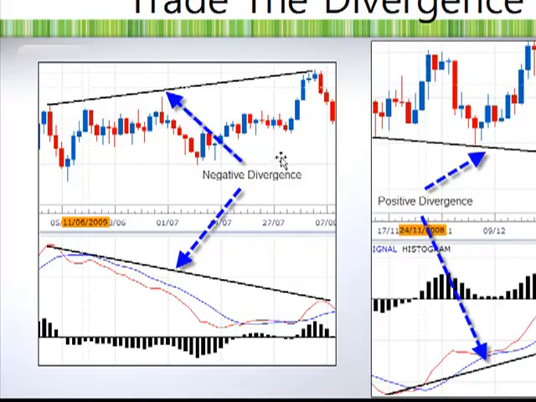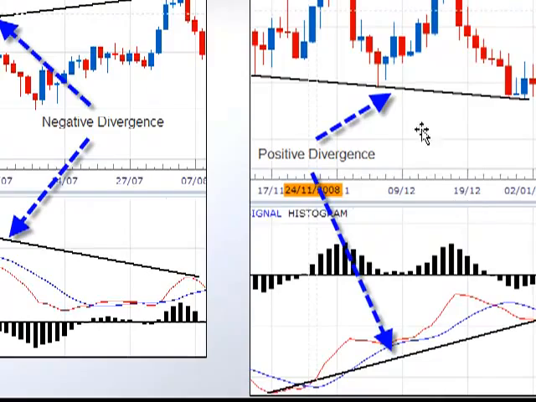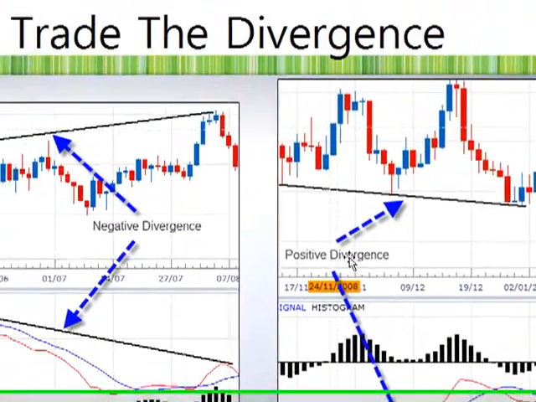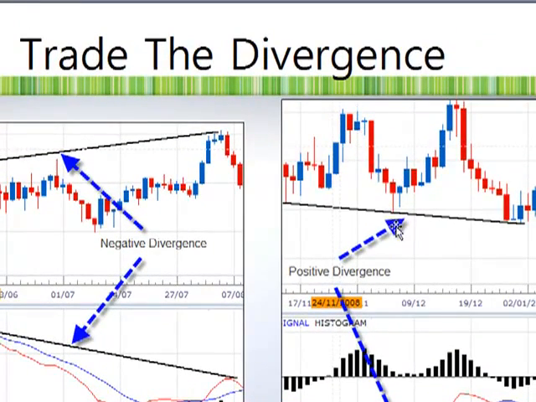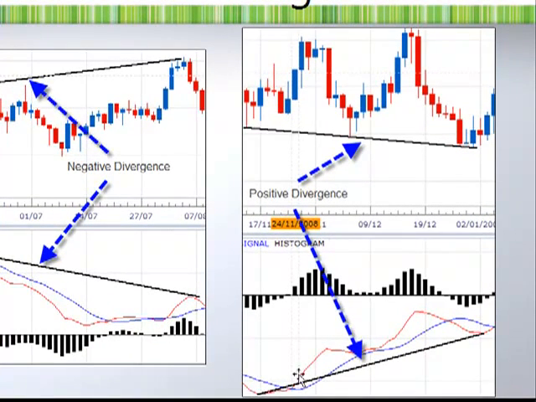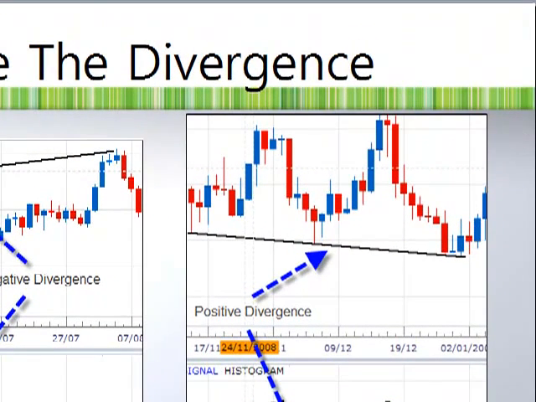Most of the time when you enter a short trade after seeing a MACD divergence, the price will usually move down. As for MACD positive divergence, it means that the price is making a lower low. Can you see that? This low is lower than here, but the MACD is making a higher low. This low is actually higher than here. This is called positive divergence. And when this occurs, it's telling us that the price is going to move up soon. If you enter a long trade somewhere here, you are going to capture the big upward movement